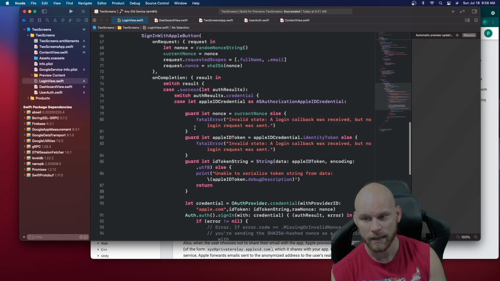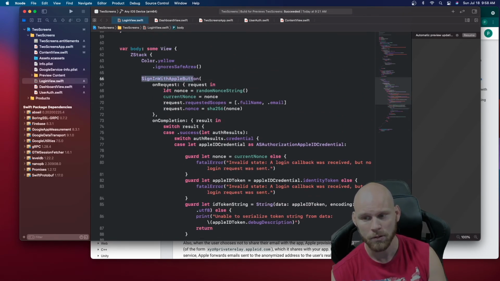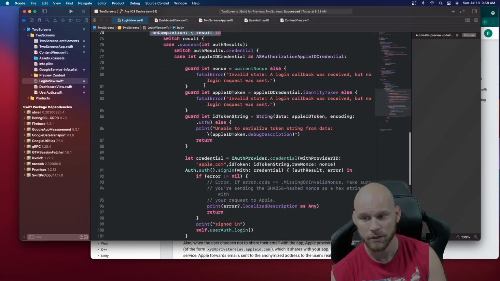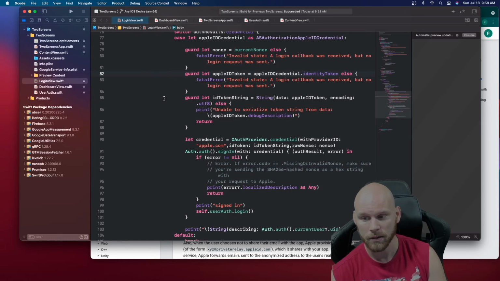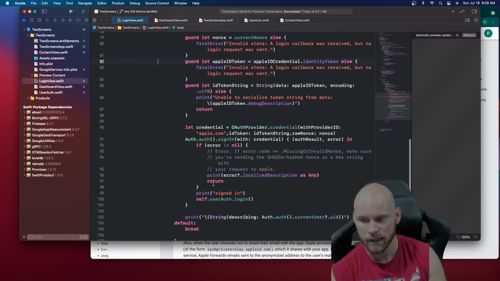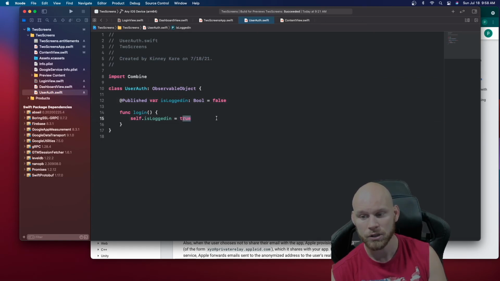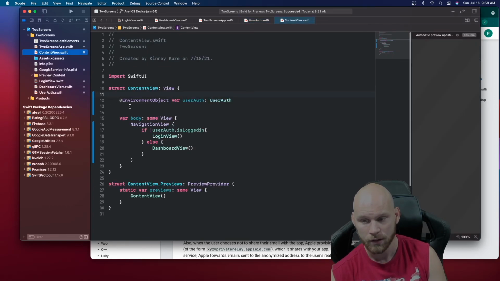So we have this sign in with Apple, and then we have this on request, we're going to do this, and on completion, we're going to do this. Now, here's one thing that we want to look at. Inside of here, we're going to see, hey, if this is true, we're going to print signed in, and we're going to turn this user auth.login. We're going to go ahead and run this function. If you remember back over here on this user auth, that's going to turn this login to true. And if it's true, if you look back over here on your content view, if this turns to true, then it's going to